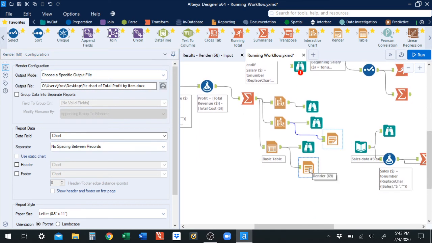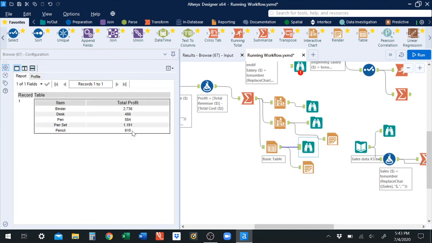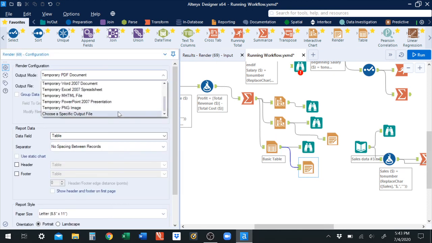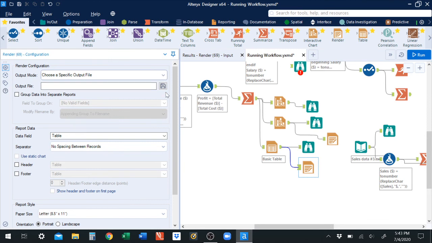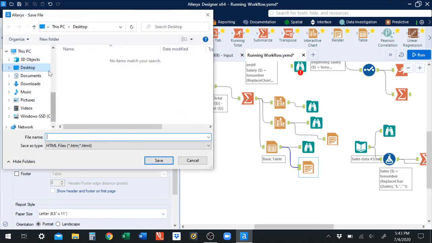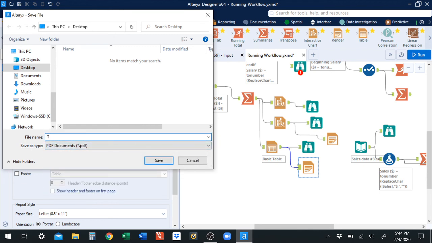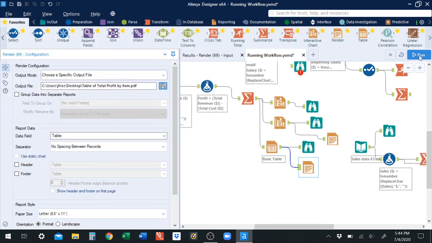Before we run, let's do this other render tool. This is that table that looks like this. Let's render that to, let's go down here and change. Oh, not that. Yeah, choose a specific output file. Let's put it on the desktop and let's render that to a PDF. Total profit by item, we'll call it. Or we could just say table, to be consistent, table of total profit. Whatever you want to title the file. Hit save. All right, now when we run our workflow,